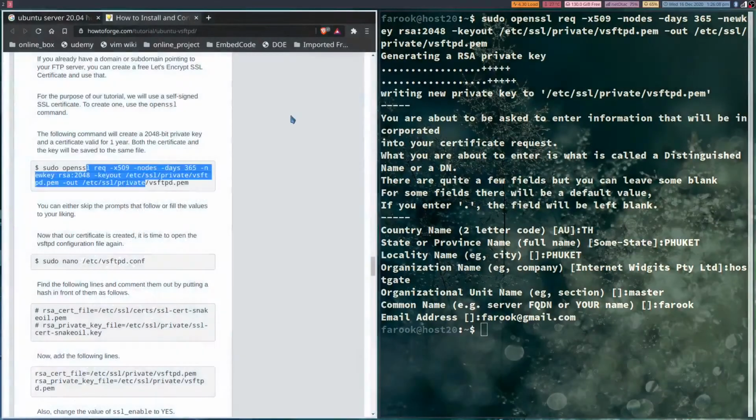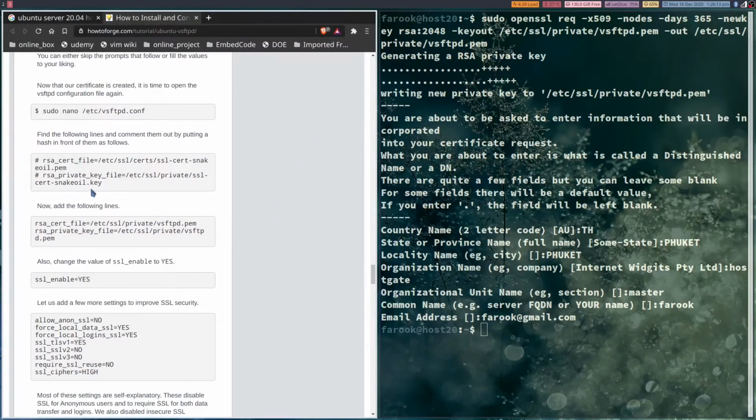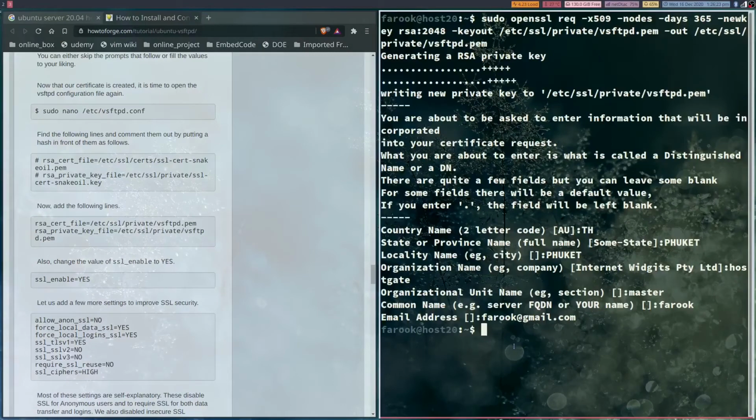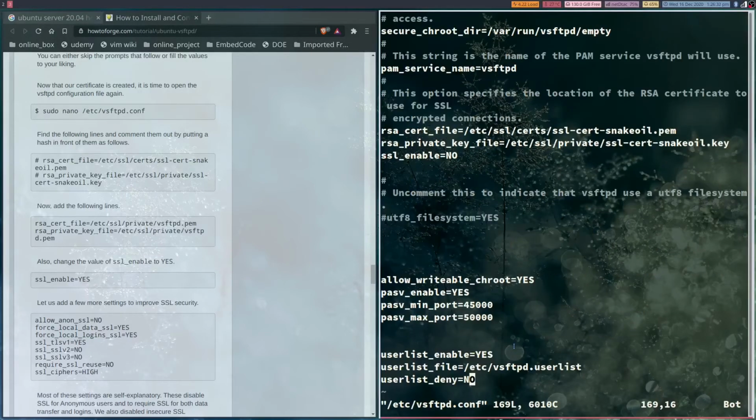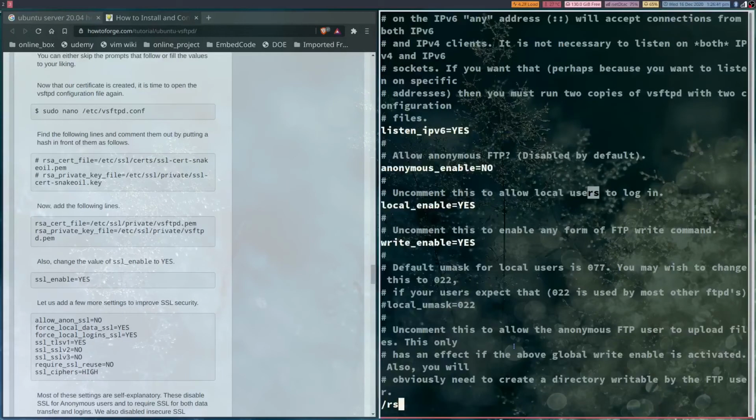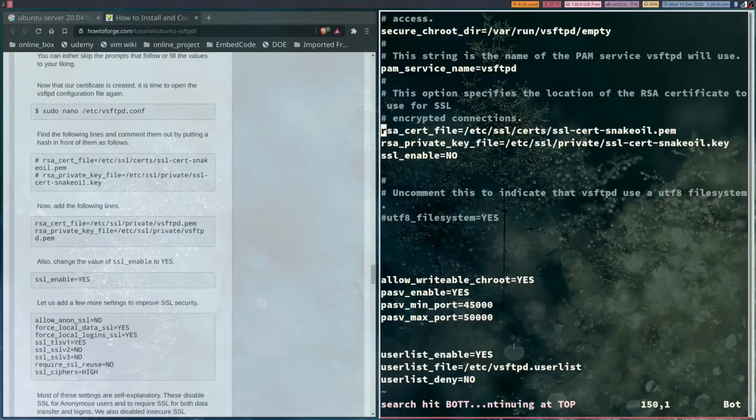Okay, alright, the next thing we're going to do is comment these two lines out, and then we're going to put these two lines in. Alright, let's do that. So sudo vim /etc/vsftpd.conf. Alright, so what you're going to do is comment these two lines, and ssl_enable here is saying NO at first, but now I'm going to put YES,